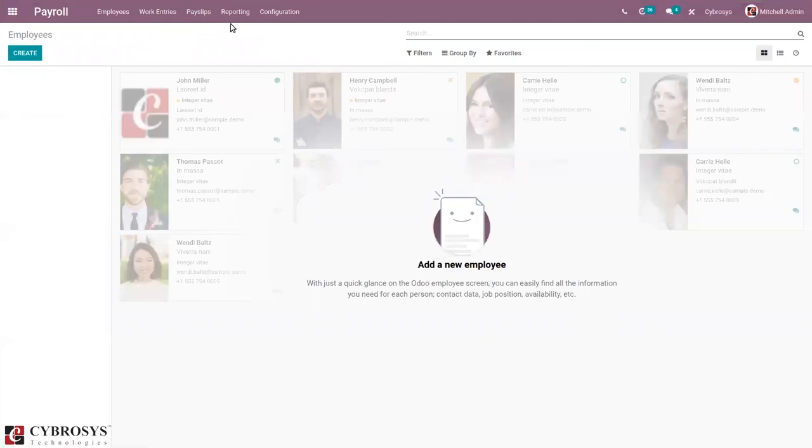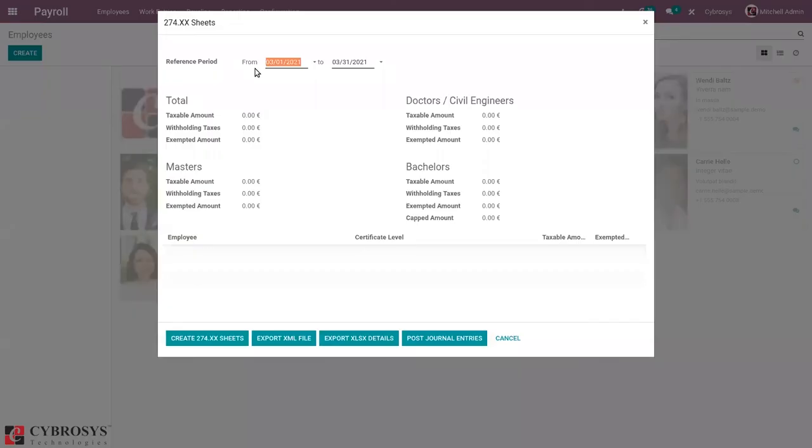And we also have a report for the 274.XS sheet. Here we can filter by reference period, that is start date and end date, and you can also see the total taxable amount, withholding taxes and exempted amount. Then you can also see the total amount related to masters, bachelors.